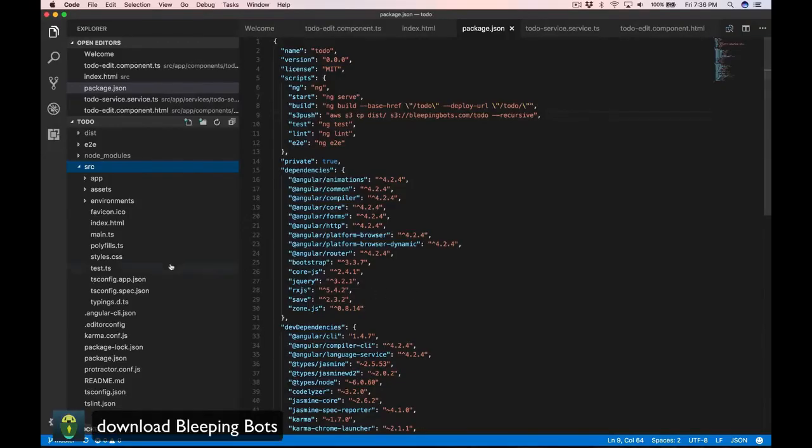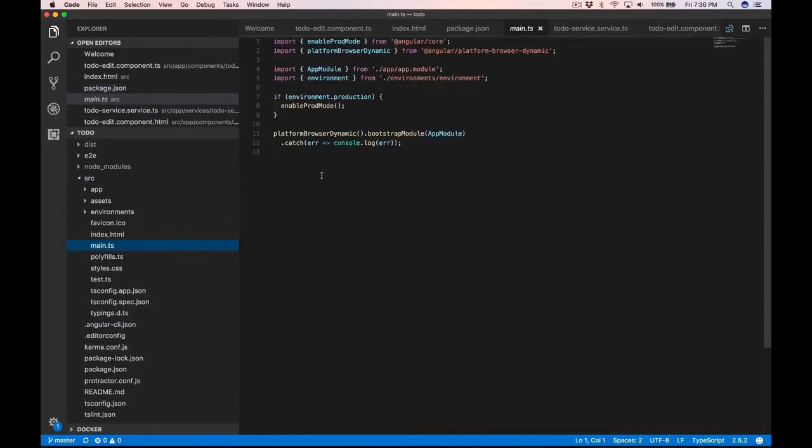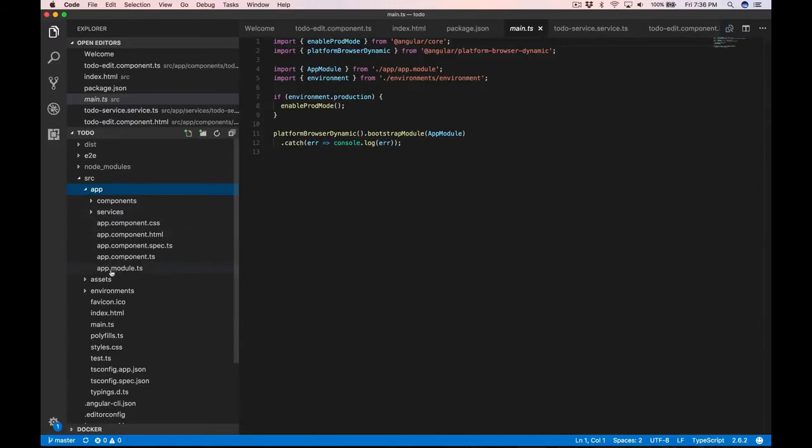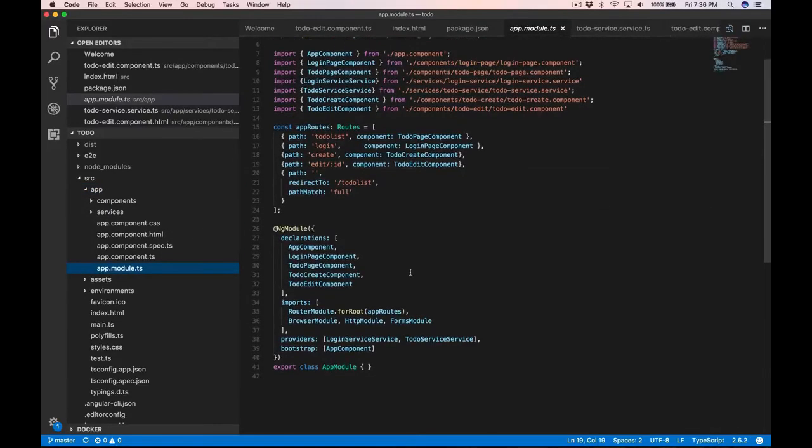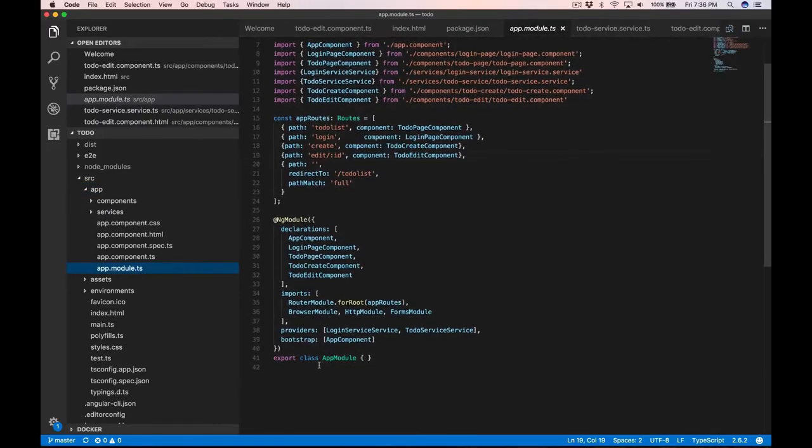All right, so what you have is, where's the starting point? Is it main TS? I believe it's main TS. You've got an app module that resides in here. It's going to be bootstrapped. Yep, the app component is bootstrapped within app module. So app component,